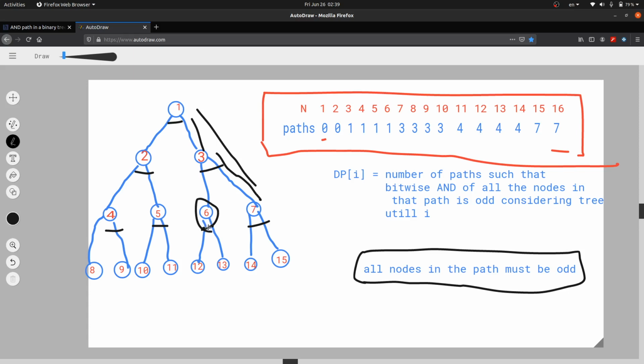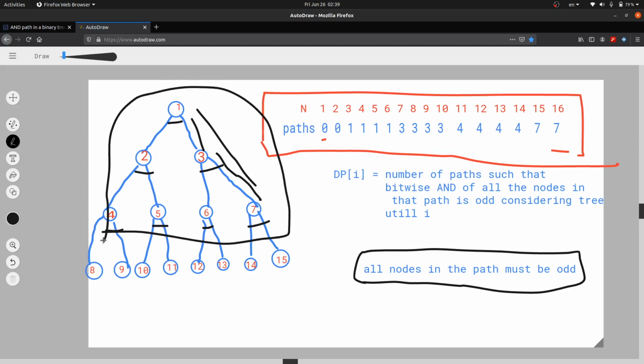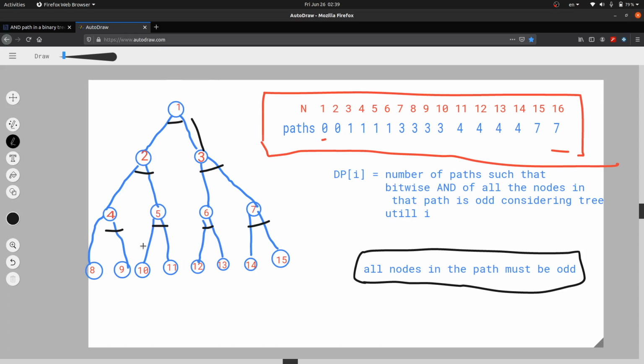So if we include the path up till 6 into our current answer, that will be the total paths for this subtree, and then similarly we will move to all the nodes and find the solution.